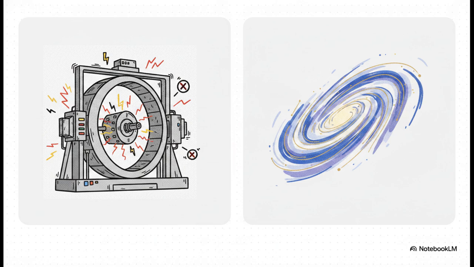When we try to build earthly machines to store high-temperature plasmas, the configurations are usually grossly unstable. It requires a frankly ridiculous amount of calculated human effort just to keep them from instantly falling apart. But these cosmic accelerators, they seem to do it without breaking a sweat. Nature generates these extreme energies completely naturally, without any of the artificial boundaries we rely on. So, what exactly is the engine driving this?